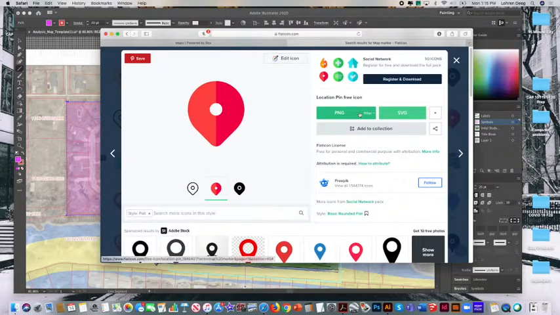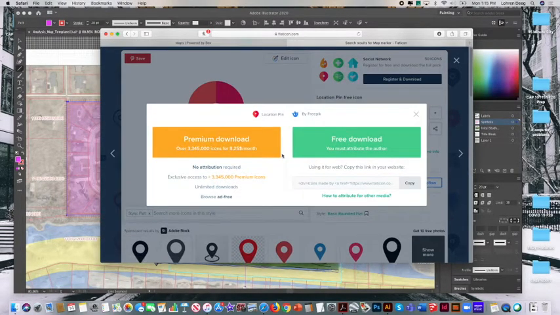Okay, so let's say I was interested in this map marker. I would select either PNG or SVG, from 16 pixels wide all the way up to 512 pixels wide. Either way, they're in business to make money, so just know that there are folks who pay for these, because if you're using this image commercially, if you're selling this as a website or as a brochure to somebody, or doing somebody's logo, you are ethically supposed to buy it from the source. But a free download,